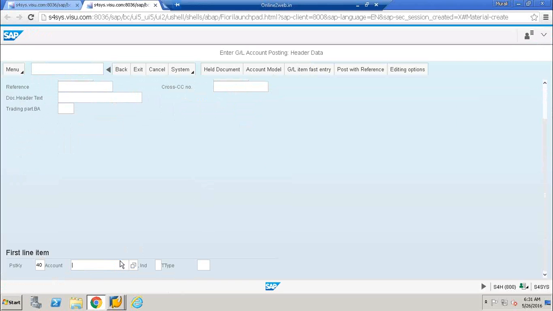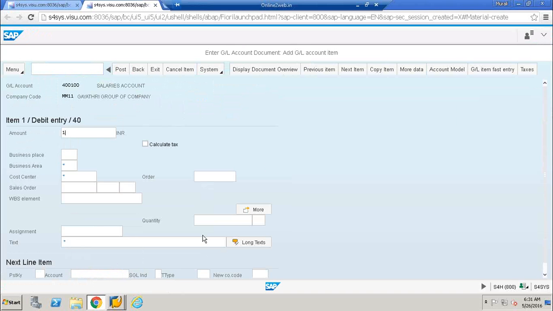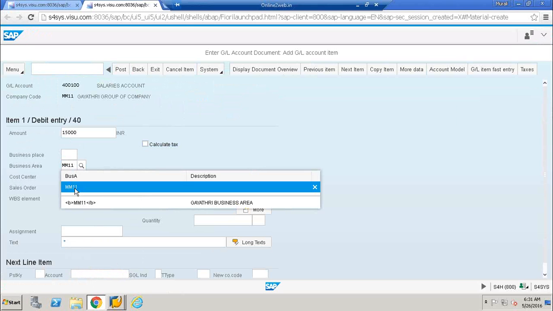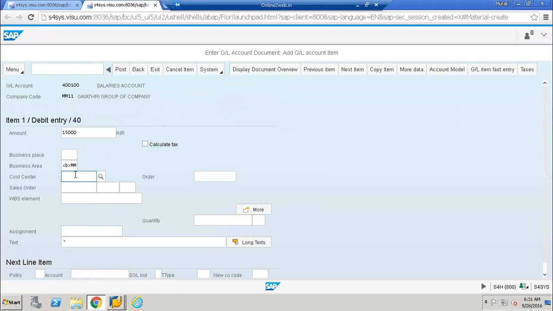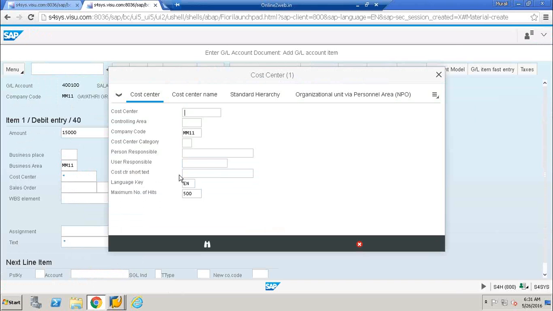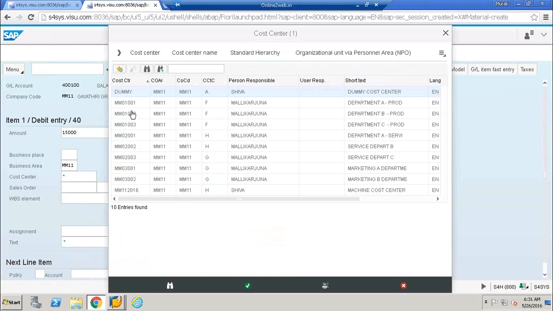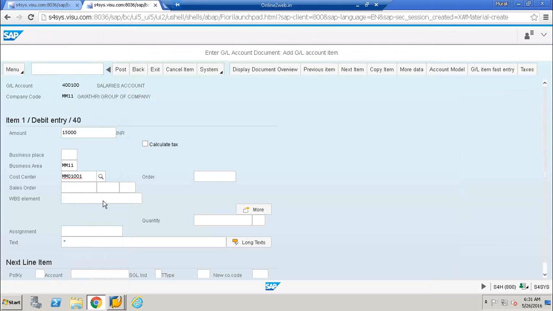Scroll down, enter the GL account which I want to post. Salaries is the GL account I posted on premises. Enter. I want to post 15,000, only for differentiation, because 10,000 I posted in on premises. Business area. Cost center. Click on view icon. Enter. I want to use this cost center accounting. In the text I'll mention salaries posted